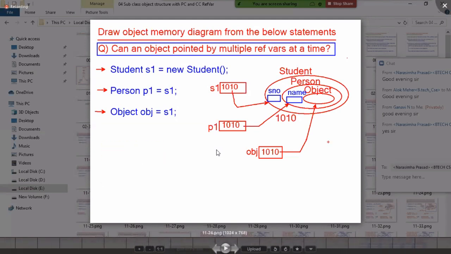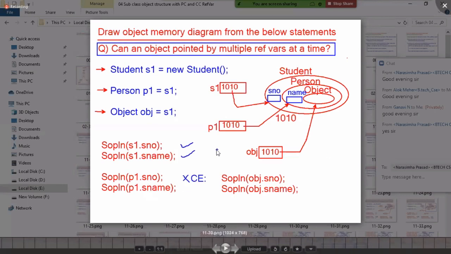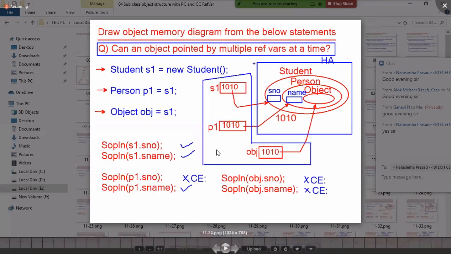If I write a statement something like this, student S1 equal to SNO, student S1 dot S name, are there any compile time errors?